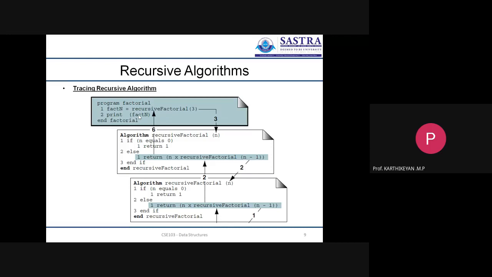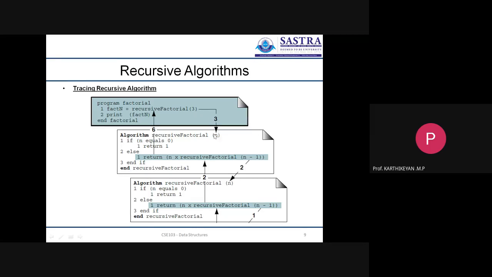Now, how is this recursive algorithm working? Let us trace this algorithm. From the function call factorial of n equal to recursive factorial of 3, we need to calculate for 3. When this particular statement is working, it is creating a new function call. A new function call means whatever happened so far here will be saved in memory, and from here recursive factorial of 3, a new function call will be invoked, and 3 will come as a parameter to the